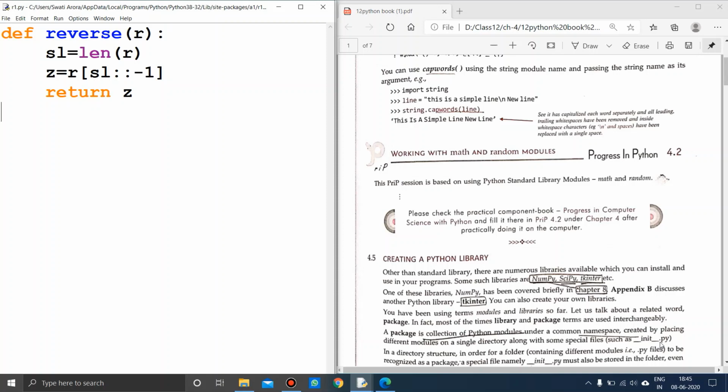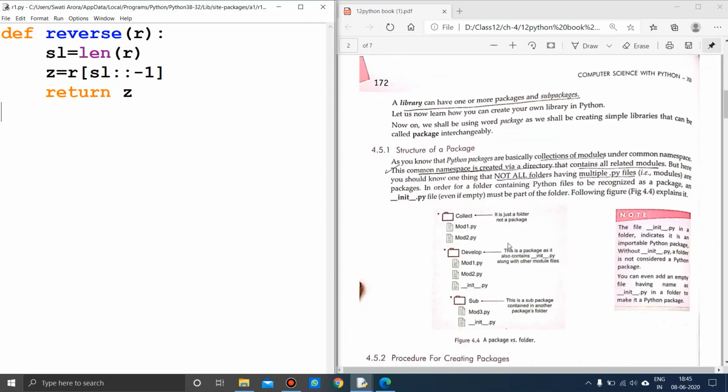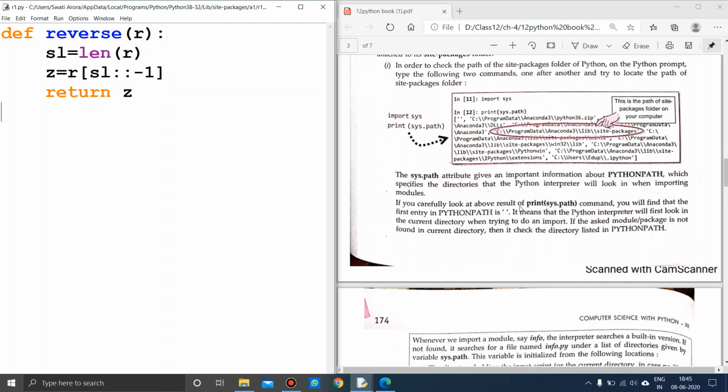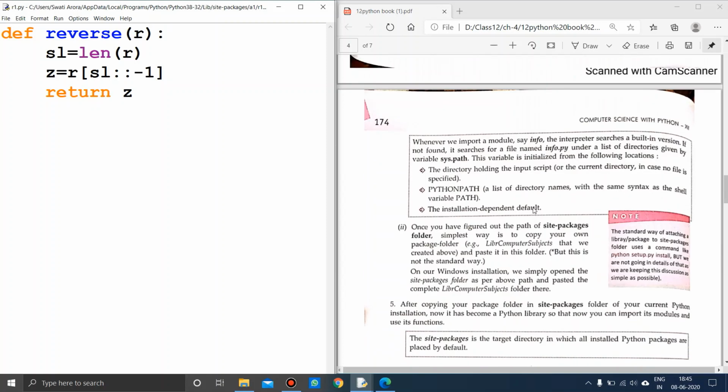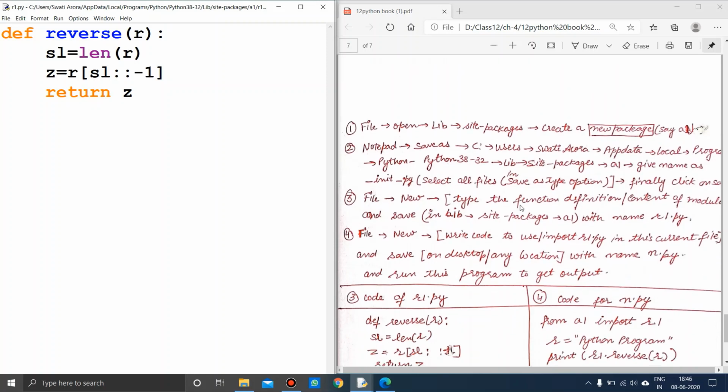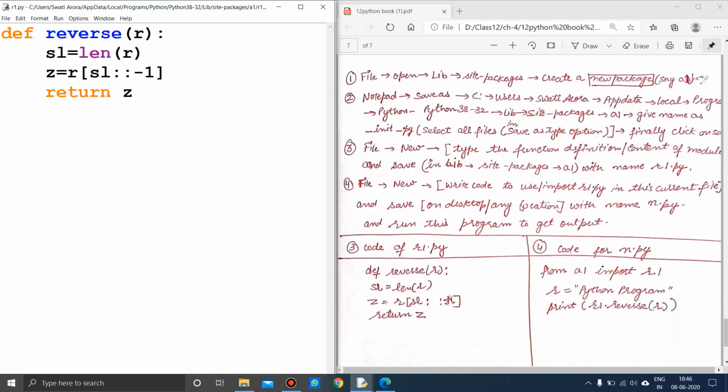I'll show you how to make a Python library of your own choice. All the theory you can read, but I have summarized it for your convenience, because you have to design a program for creating your own Python library. In summary, I have given these particular notes and you need to follow these steps. This is for your convenience only, but when you write in your file, you should take the help of the book only, otherwise it will seem very complex.